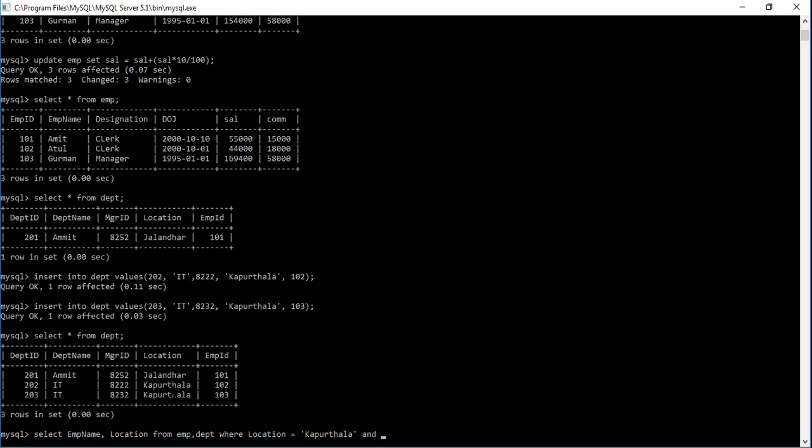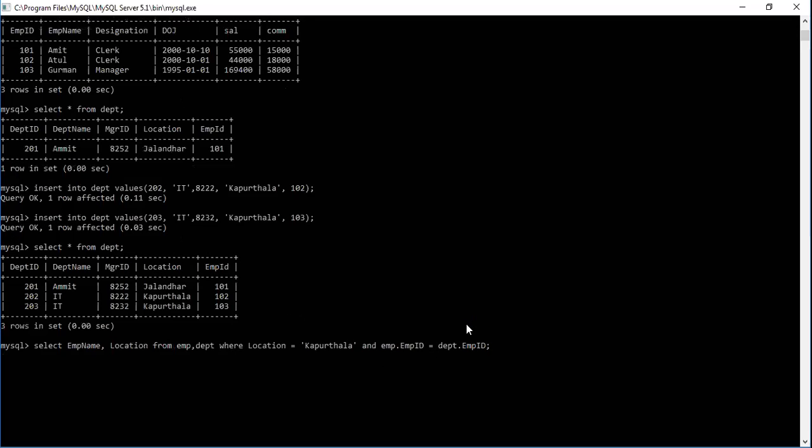and EMP dot EMP ID is equal to DEPT dot EMP ID, right? So what we have done is put a reference to the table for both columns of both tables, because EMP ID is common in both the tables, and EMP ID is a foreign key in one table and primary key in another table,